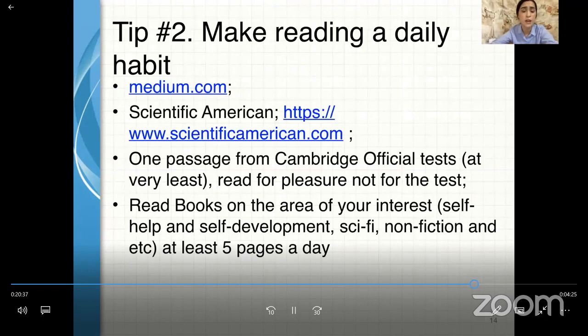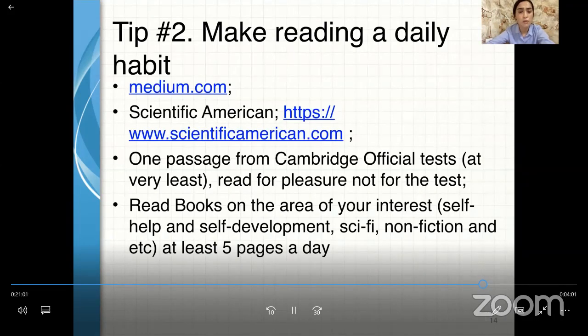But at the very, very least, if you tell me that you have no access to the internet or you don't find them interesting, at the very least, please make a reading of one passage a daily habit from the Cambridge official tests. So when you read, please do not try to do the test. Try to understand, try to challenge your vision, try to take some derived sort of pleasure from the learned